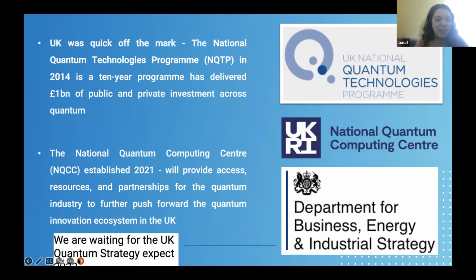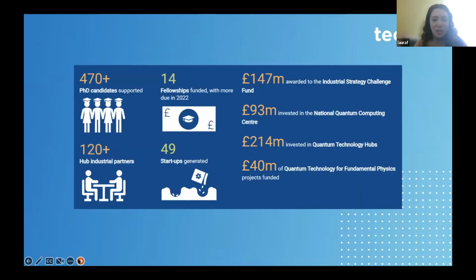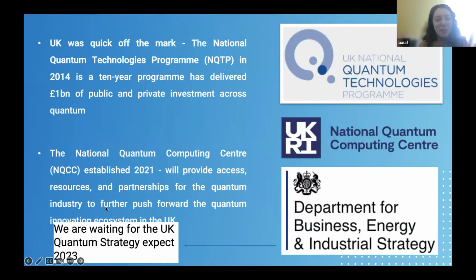I know it can be a little bit difficult when you see new, sorry, Alison, if you don't mind just going back slightly, it's okay. When you see a different government and you're not quite sure how all these different departments fit together, you can see that I have 3 logos on the slide there. So it is the Department of Business, Energy and Industrial Strategy, which funds UKRI, and UKRI is where the National Quantum Technologies Programme and the NQCC sit. So whilst these are all 3 independent bodies, it is BEIS, the government department of BEIS, that sets the strategic direction of everything that is happening with quantum.